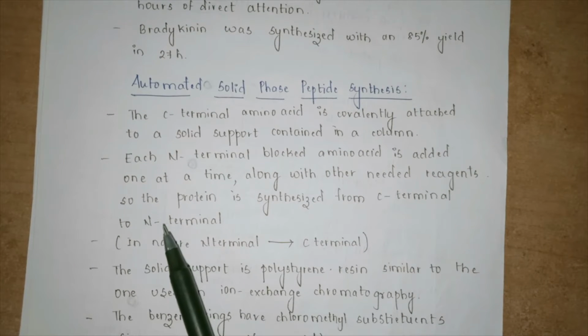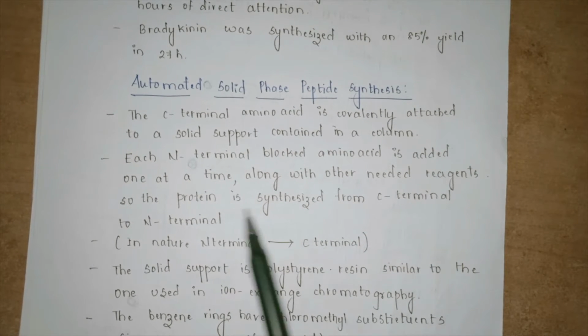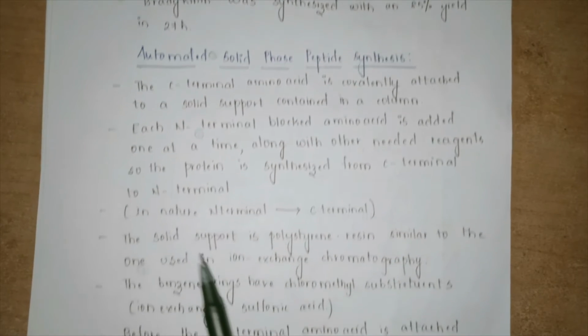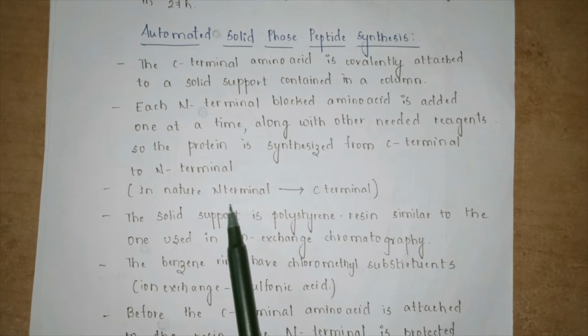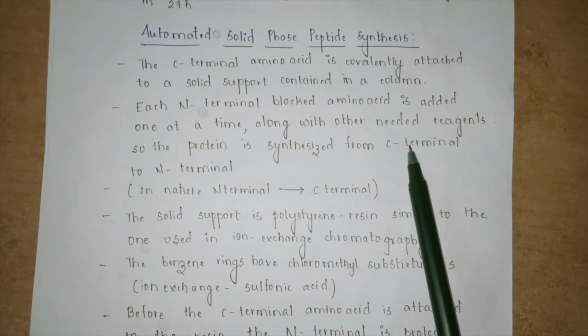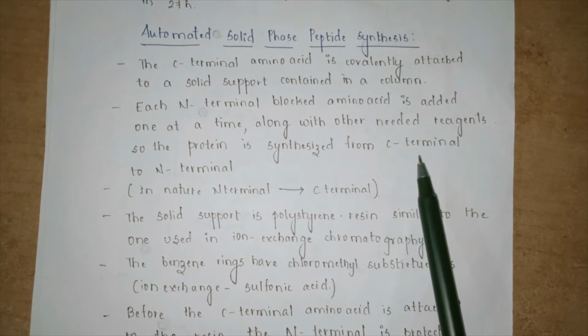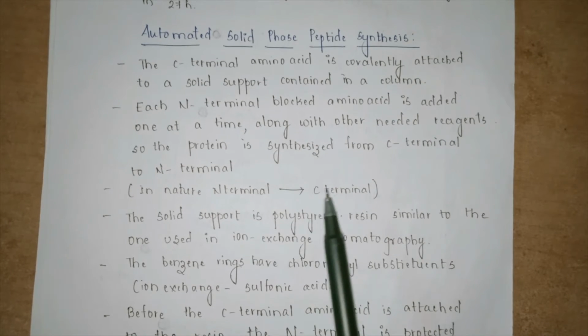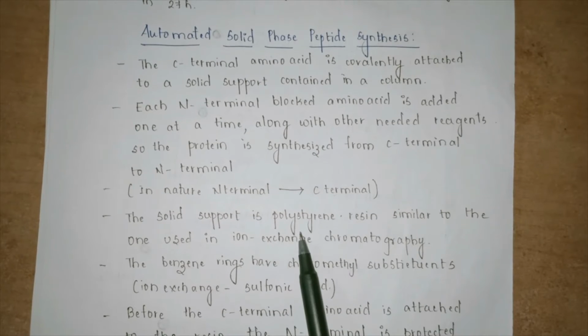Previously, what we tried to synthesize was from N-terminal to C-terminal. Here we will be synthesizing from C-terminal to N-terminal. In a natural process, it is always N-terminal to C-terminal. But because this is a synthetic process, the synthesis we are doing here is completely opposite, that is C-terminal to N-terminal. The solid support that we are making use of here is